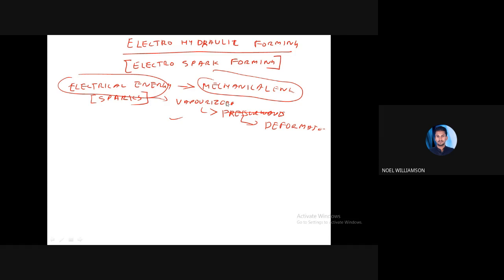At that time, a huge amount of energy will be discharged. As a result, the spark is generated. So in this case also we use a capacitor bank for discharging, and using it we produce the spark inside the medium, say water. Then the adjacent medium will vaporize, and while vaporizing, it will produce shock waves, and these shock waves reach the